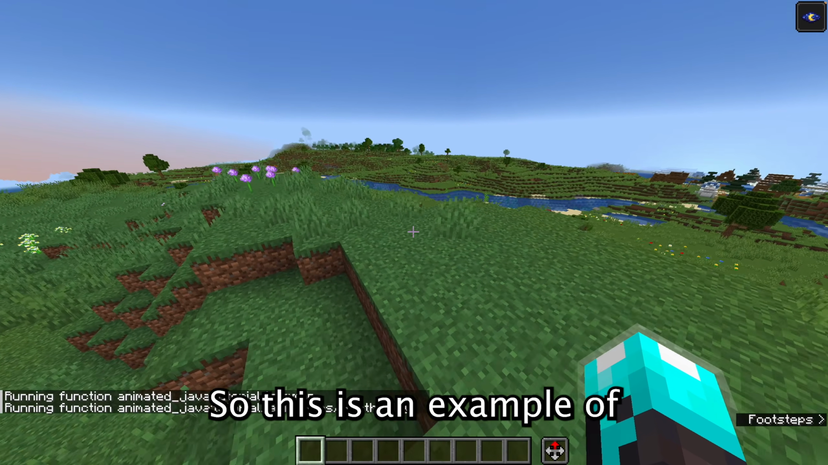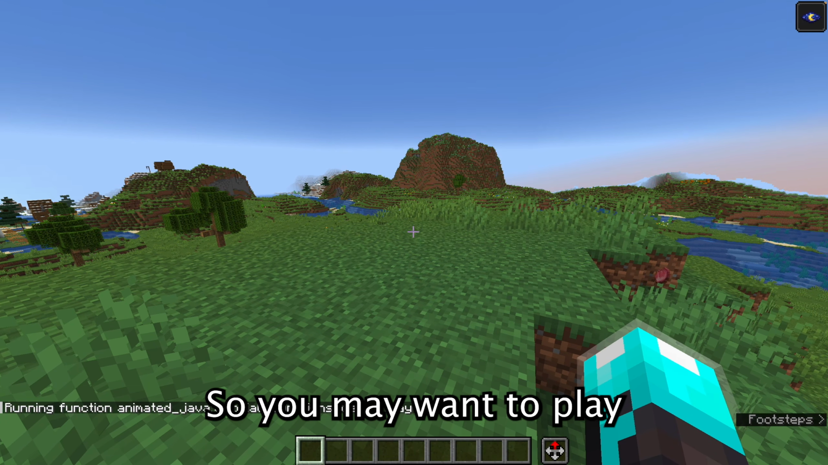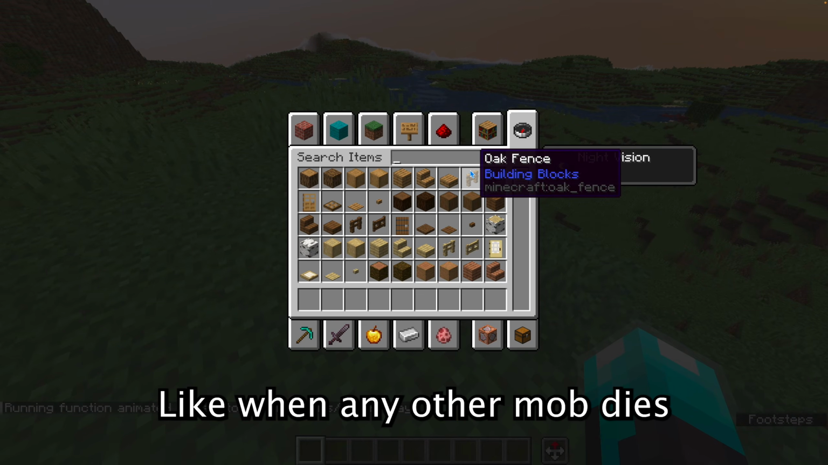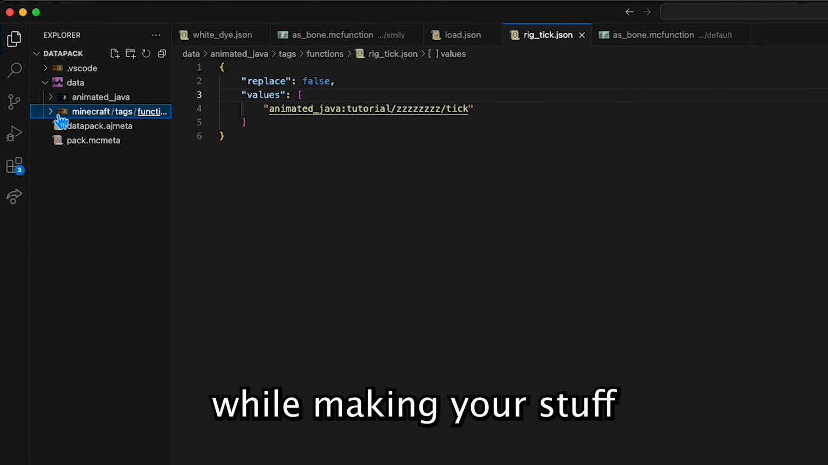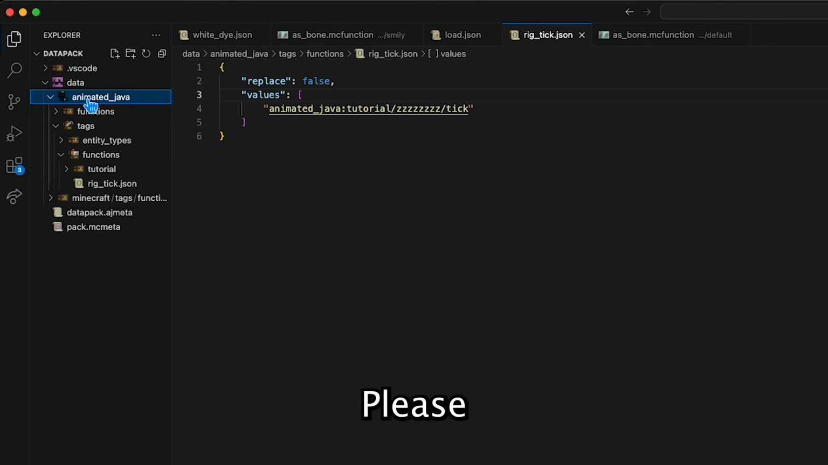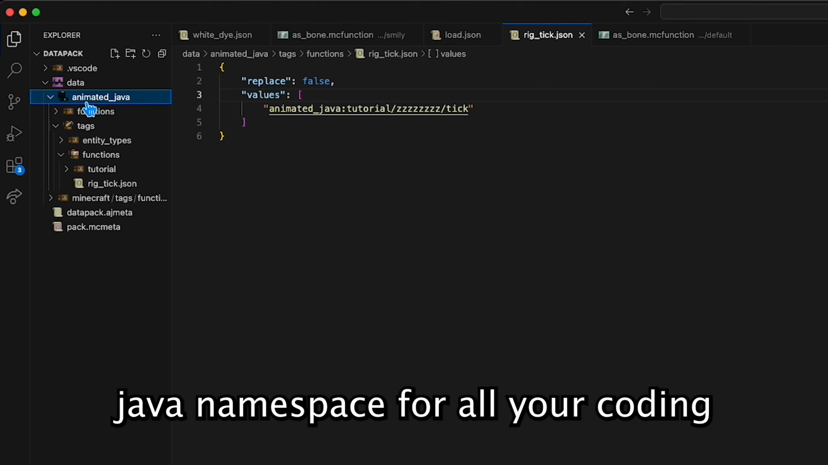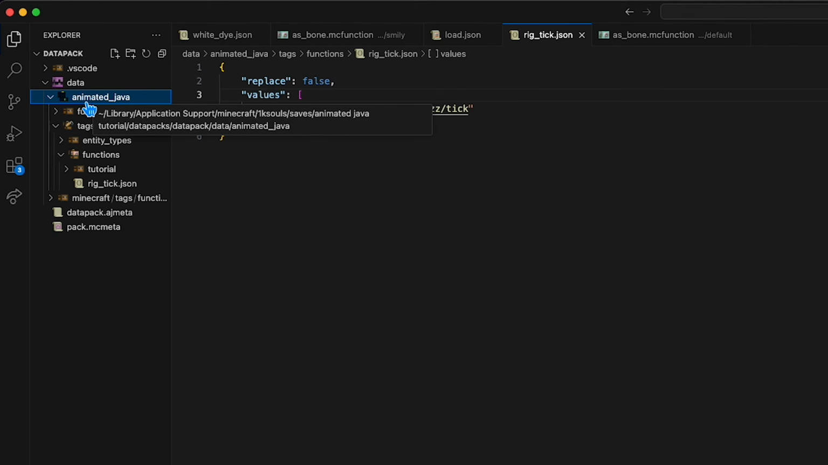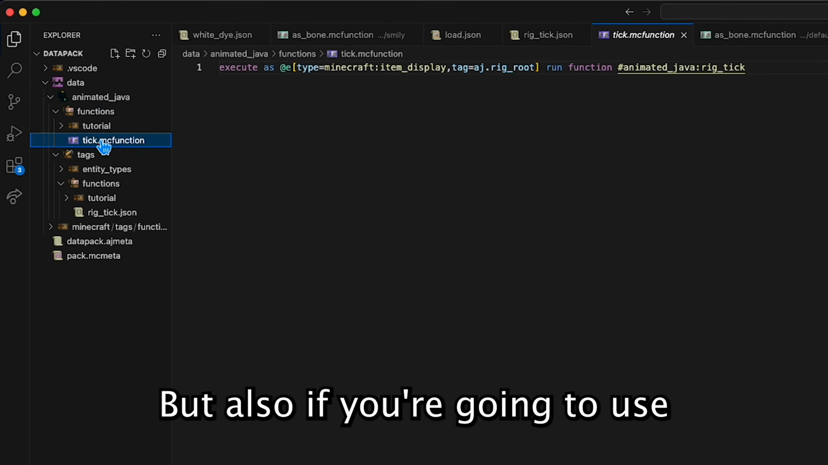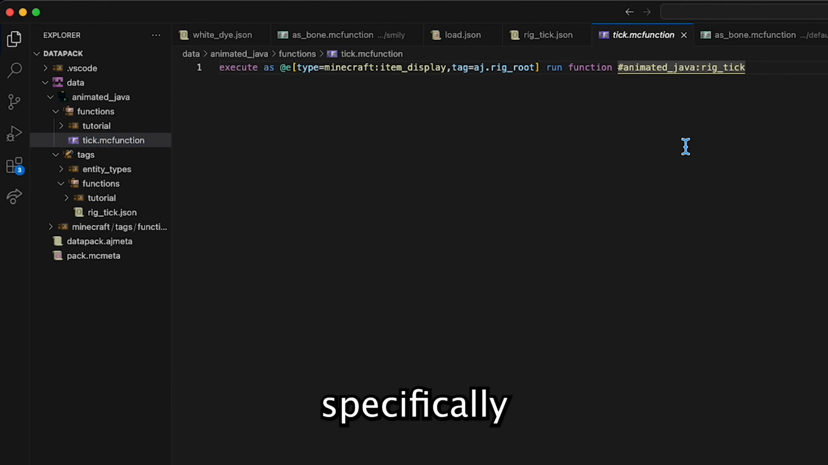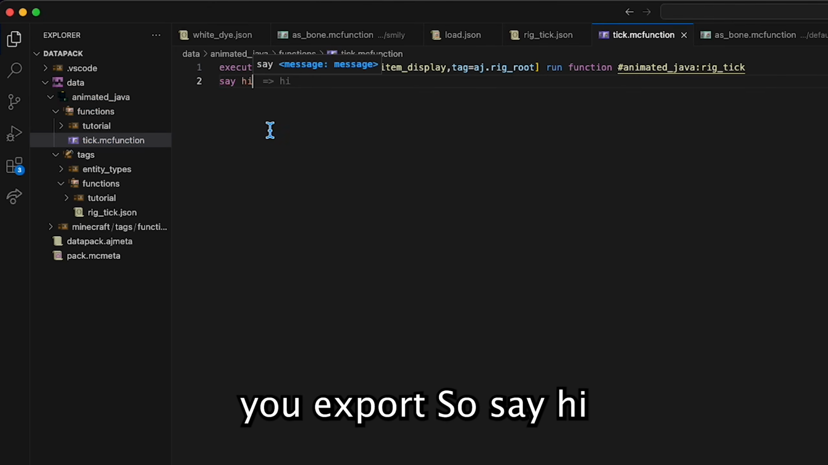So this is an example of command keyframes where you may want to play death particles, like when any other mob dies. There's also a really crucial tip while making your stuff: please do not use the Animated Java namespace for all your coding. It makes it really messy to read, but also, if you're going to use the tick function specifically, it will get erased when you export. So say hi,